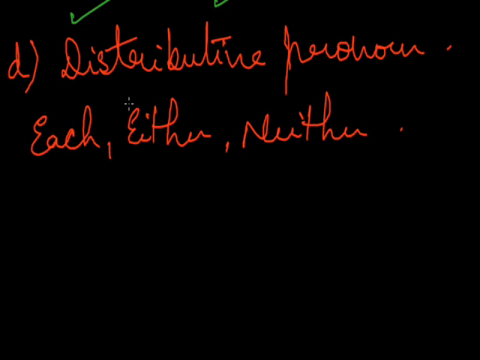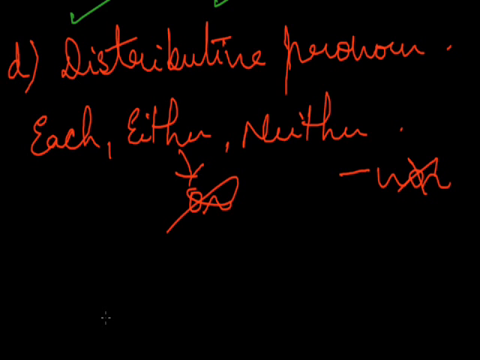Now, each student secured a reward. Neither of you is correct. So here I will not use nor with it. Here I will not use or with it. At either end of the road was the park. Neither of your answers is correct. Next is